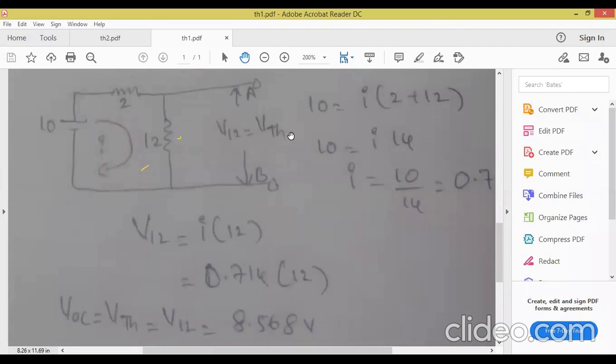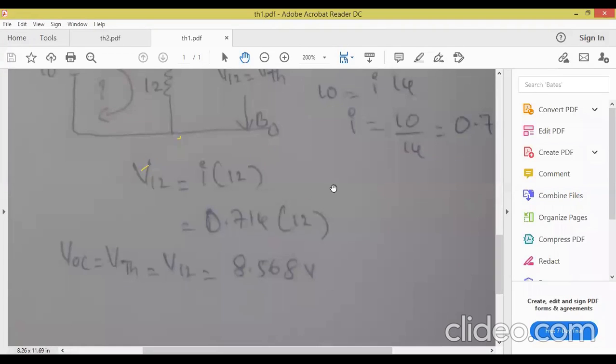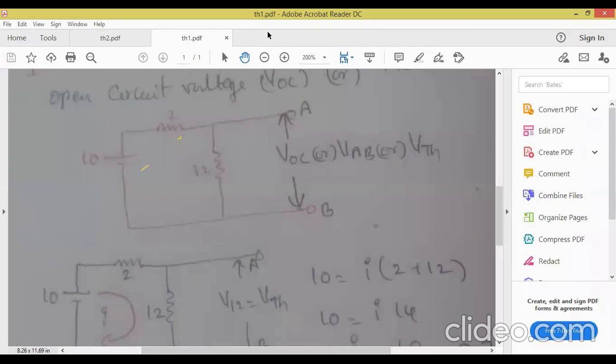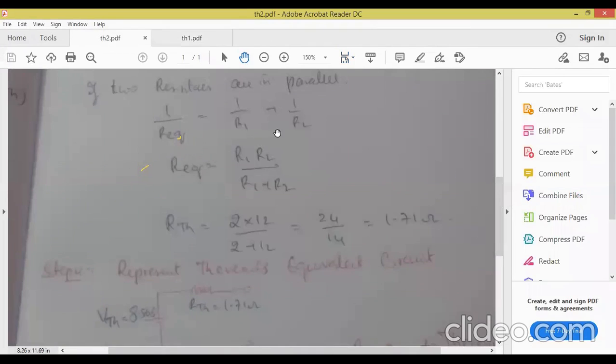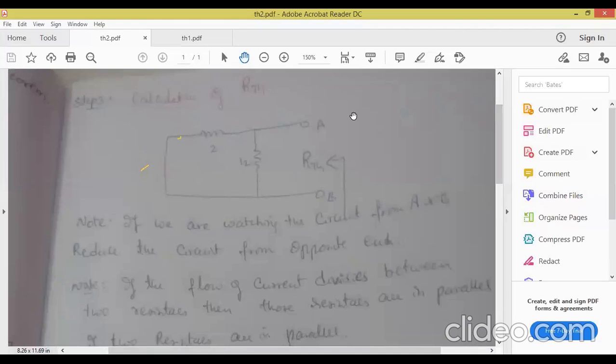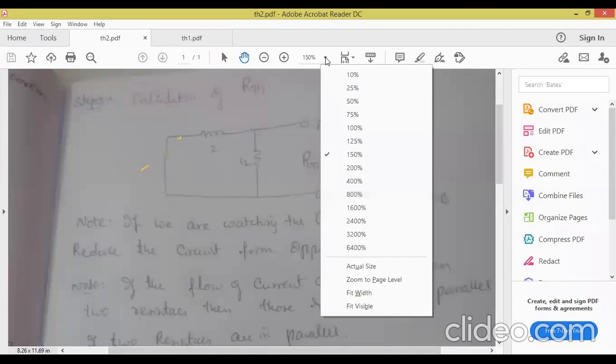So once again, all of you, we have calculated the Thevenin's voltage. Is it clear, all of you? We are going for the next part. So what is the next part? See, the very first problem will be tough, but you have to understand this one. Very next second, you are in a position to understand. Now, what is step 1? Anyone tell me? Step 1 is remove the load resistor. Remove the load and then calculate the Thevenin's voltage. Calculate the voltage between A and B. A and B, very good.